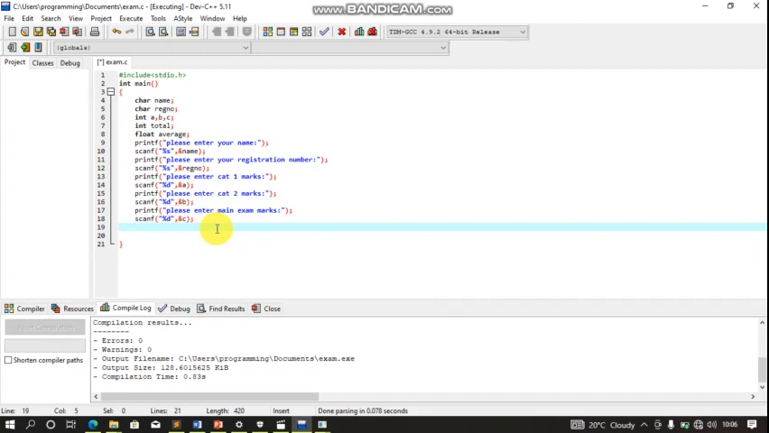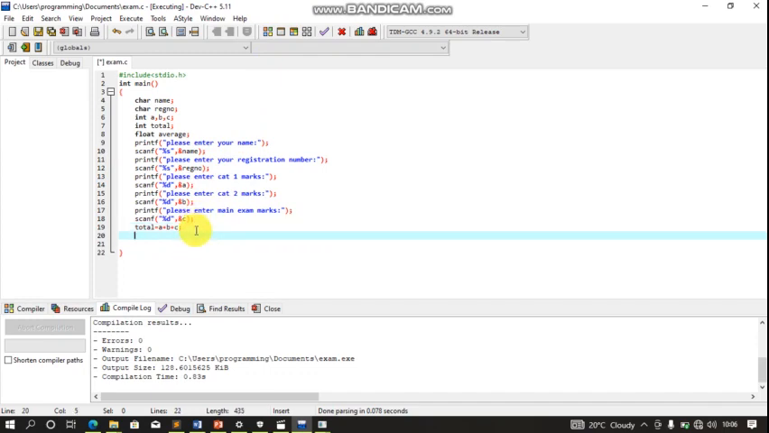So for the total, we can just write total is equal to A plus B plus C, when you combine the cat 1, cat 2 and cat 3 marks. After writing that, for it to appear on the screen, you're supposed to type printf. Then you say, you can see your total marks is,